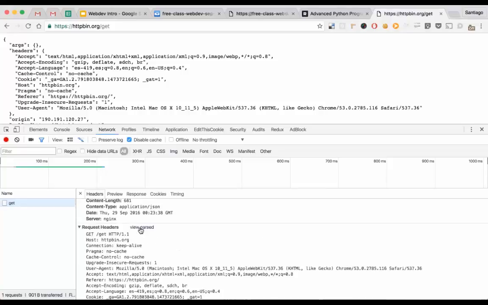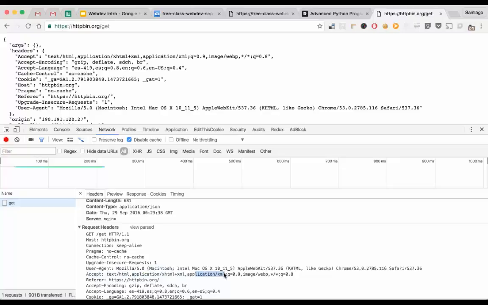If I click on view source, I can see the actual request made by the client. In this case, I see again the method, the path, the resource location, and the protocol, and I also see a list of headers that the browser is sending to this particular server. For example, I have the host, as I had before, I have the user agent, and I have a maybe pretty long accept header. Here you can see the actual syntax that is used for most of these headers. In this case, the client is saying that it accepts text/html,